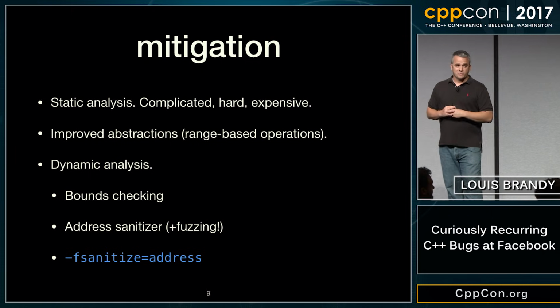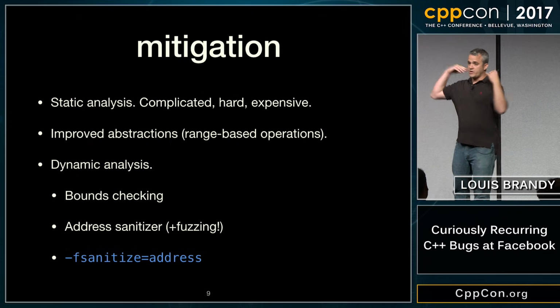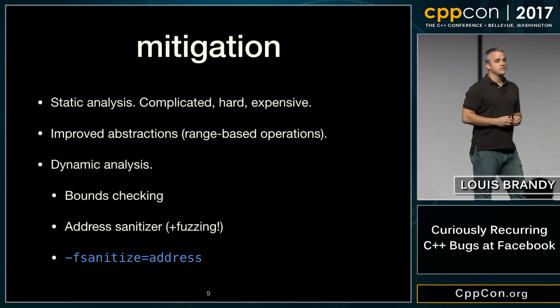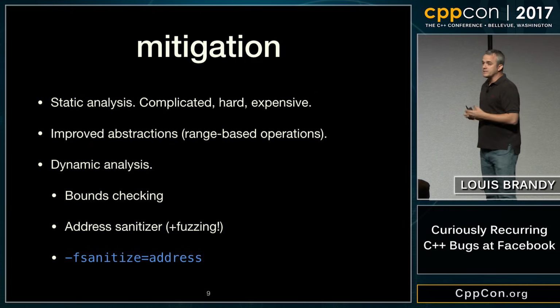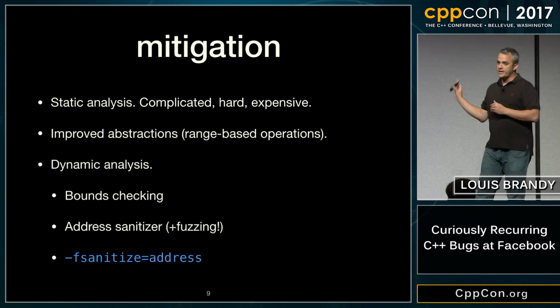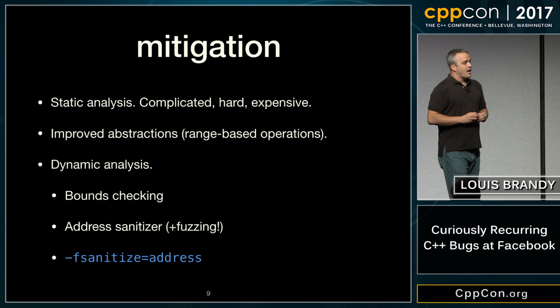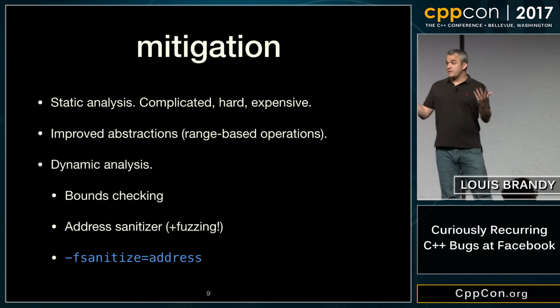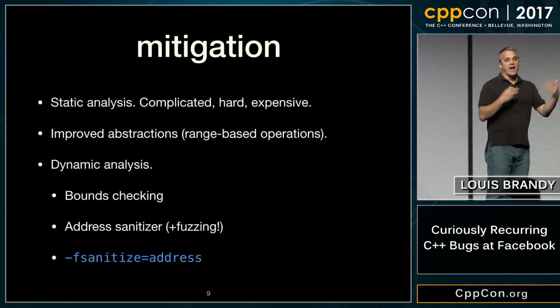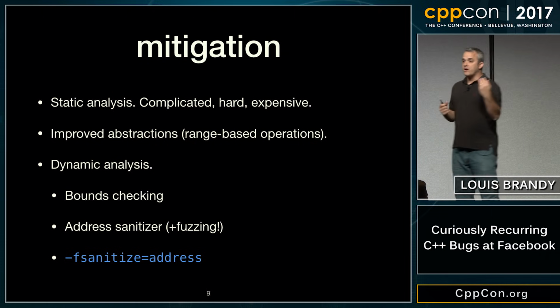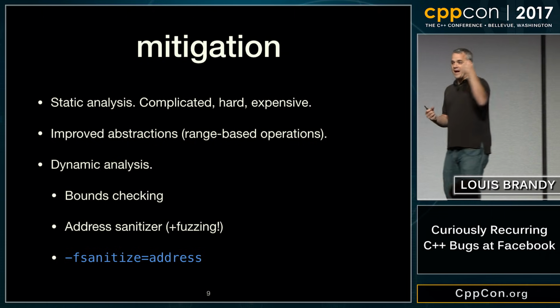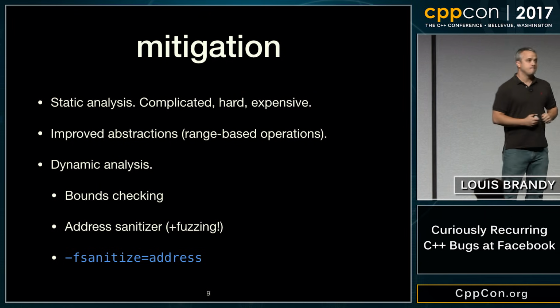Static analysis has been studying this problem for a really, really long time. It's sort of the queen mother of hard static analysis problems. They've made a lot of progress, but the good static analysis to find this is expensive. Interprocedural, et cetera, et cetera. A lot of languages, and C++ is headed in this way, change the abstractions. You don't want to do for loops. You want to do range-based algorithms. If you do range-based algorithms, oftentimes you can hoist any bounds checking outside the loop, right?